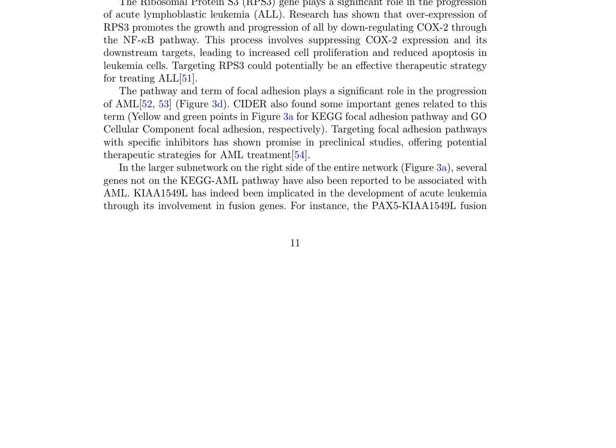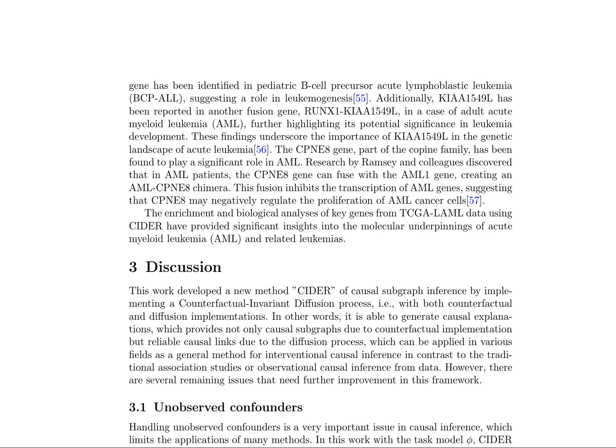as potential therapeutic targets. Research has implicated the KIAA1549L gene in pediatric B-cell precursor acute lymphoblastic leukemia and adult acute myeloid leukemia, suggesting its role in leukemia development. Similarly, the CPNE8 gene has been found to negatively regulate cancer cell proliferation in acute myeloid leukemia. Analyzing key genes from TCGA-LAML data using CIDER has provided valuable insights into the molecular underpinnings of acute myeloid leukemia